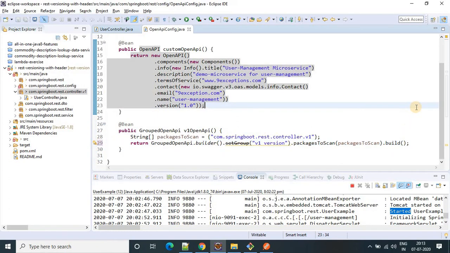Yeah, the error got resolved. It's deprecated, that's why we got the error.